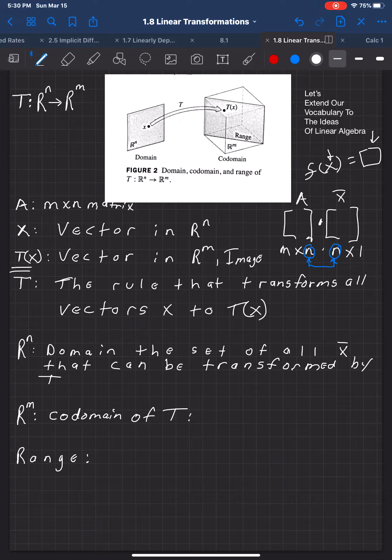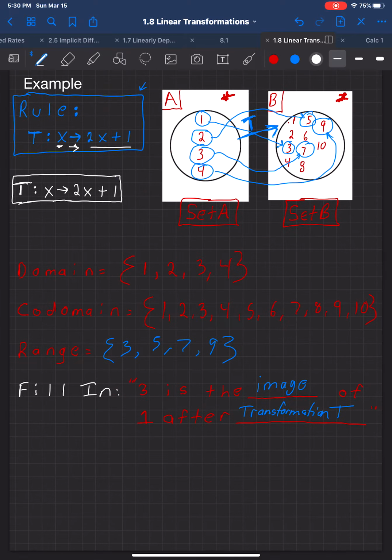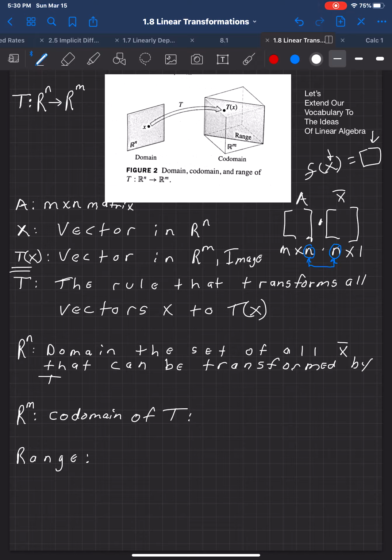So the range, again, although the numbers 1 through 10 existed in set B, there were only 4 numbers that you actually could reach, and those were the numbers 3, 5, 7, 9. So the matrix analog to that, the range would be the set of all T of x, or the set of all the images that can be reached. All right, and finally,